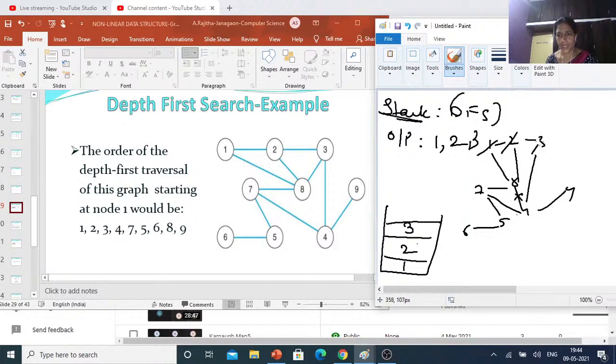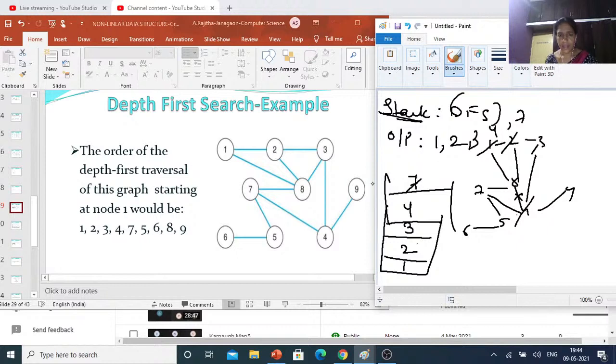So from 3 to 8 as well as 3 to 4 is there. So first you can take here 4 and now you can write here 4. Okay. After that this 4 is visited. So from this 4, next 7 is there. Okay. So 7 is there and 9 is there. So first you can choose 7. Here 7 is visited.